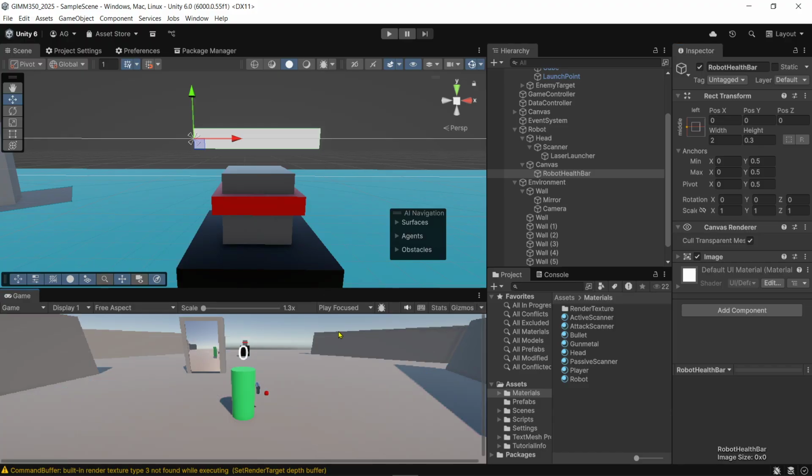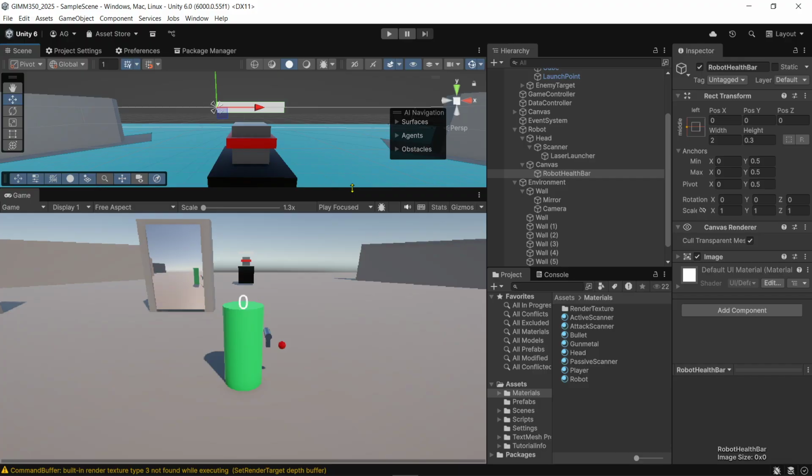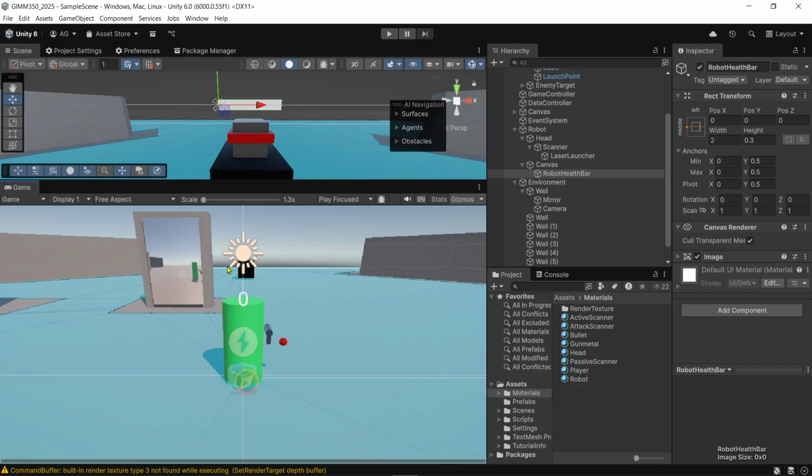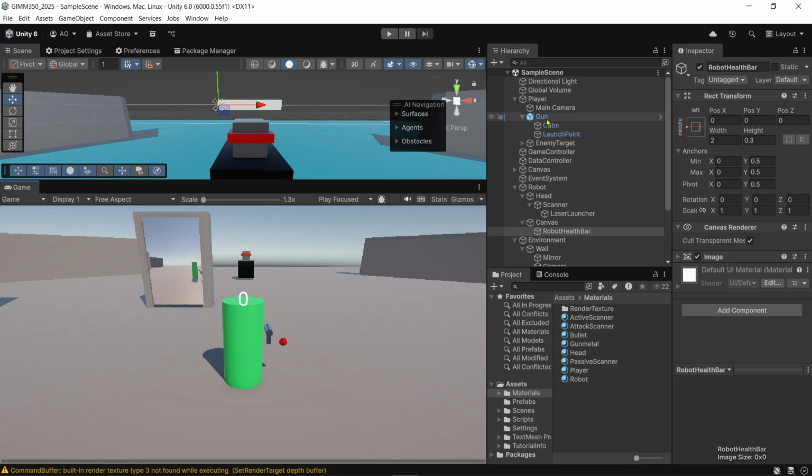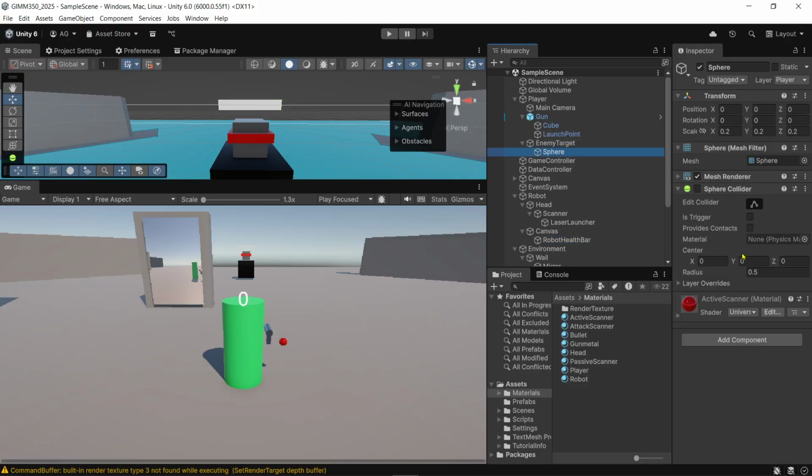we're going to turn off the gizmos, if your gizmos are on. Gizmos just allow for seeing all the different things in the environment. We just don't need to see those right now. And actually, to make it a little easier to see, we're going to turn off, in our enemy target, the mesh render of the sphere, so we don't see that for the moment. All right, and if we hit play,